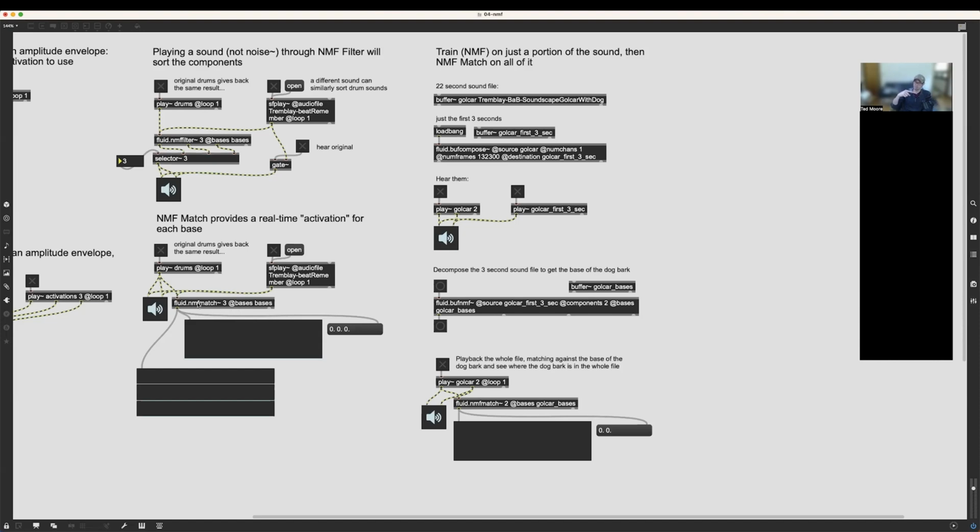Here's a new object, fluid NMF match. Now for NMF filter, we give it the bases and it does spectral filtering. For NMF match, we're going to give it the bases and it does spectral comparison and tries to match the signal to the spectral template. So when I play the drum loop through, for every FFT frame in this signal coming in, it's going to try to figure out how much this moment in time right now matches the kick template? How much does it match the snare template or basis? How much does it match the cymbal basis? And so what we get is